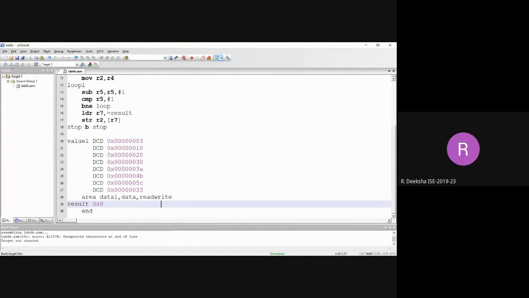We should use DCD. Yeah, correct. In order to allocate the number of bits for this particular memory location, we need to use DCD. So DCD is missing. Now, no error.